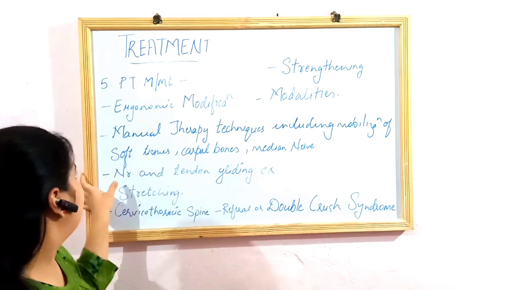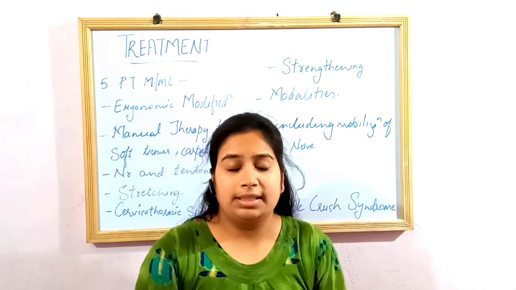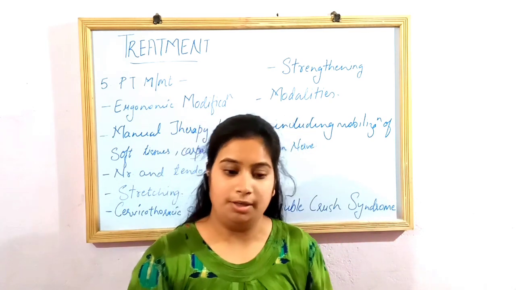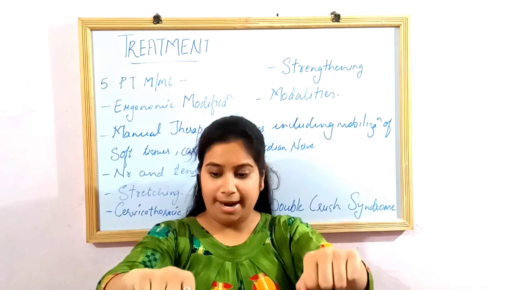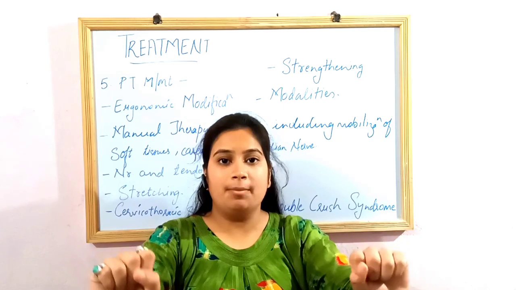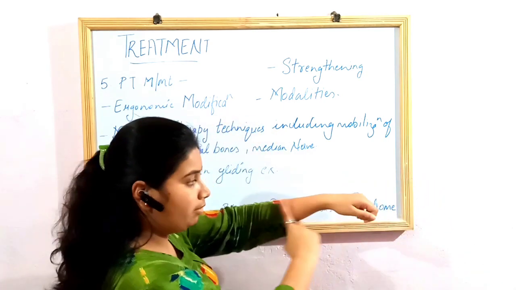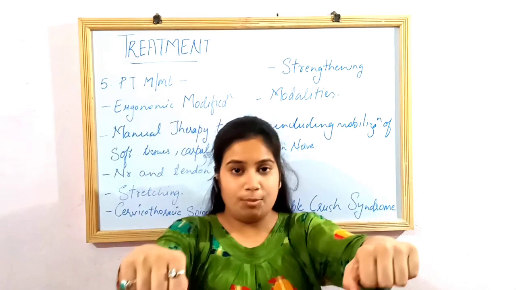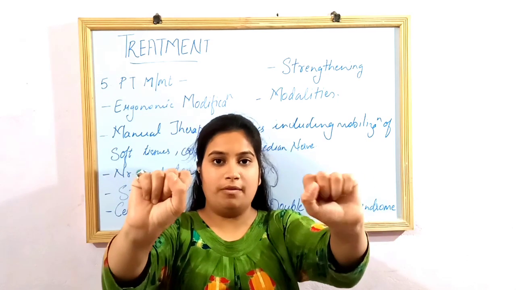Moving on is the nerve and tendon gliding exercises. There are various nerve and tendon gliding exercises. Let me tell you one by one. First, keep your elbows slightly bent this way, like you are riding a motorbike. Slightly bend your elbow. Your wrist will be like this. This will be your position from the side view. Keep your wrist this way and do back and forth movements of the wrist.